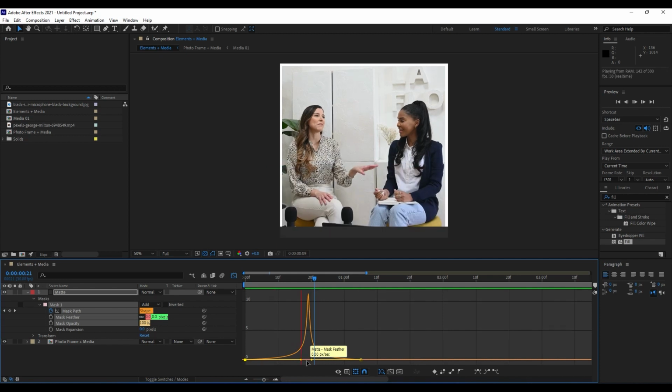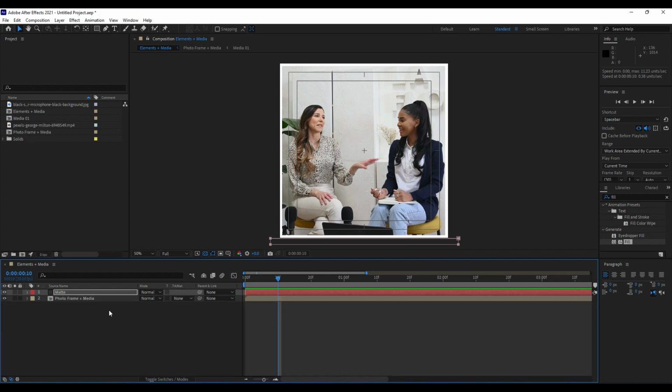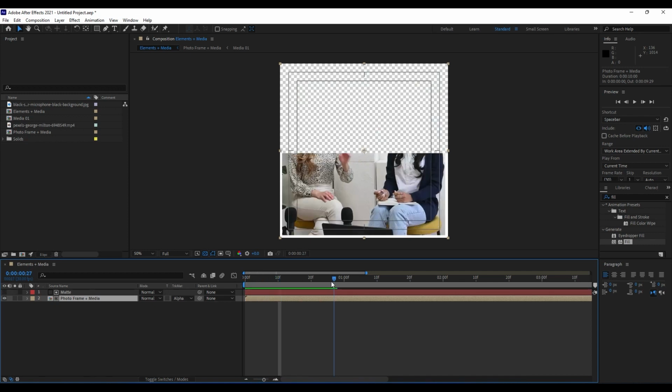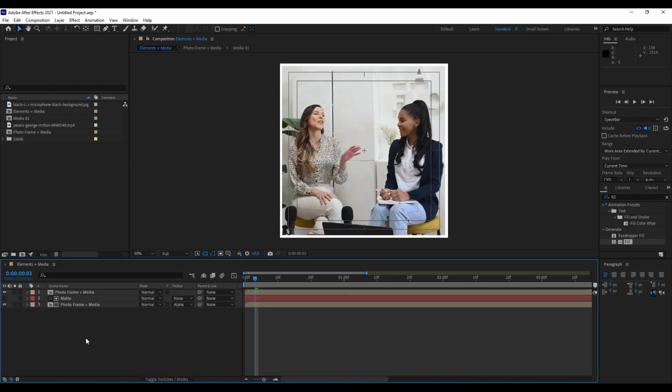Okay, and when we hit 0, we will get something like really awesome animation. All right, next thing what we're gonna do is to go here and then go photo frame alpha matte, this is our mask. Okay, next thing what we're gonna do is to duplicate this photo frame plus media and to create